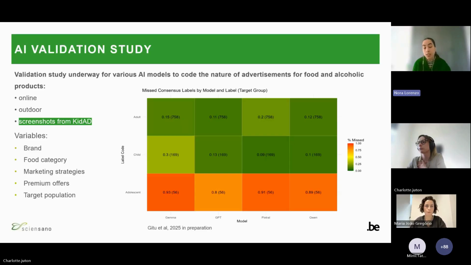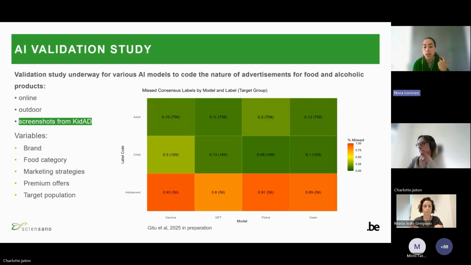So at the moment, she has conducted this for online advertisements, meaning that she downloaded advertisements that were in the Meta Ads Library. And then she used 4 different AI models that we can see here in the table. So that would be Gemma, GPT, Pixtral, and Qwen. And then she also asked 3 dietitians to code these advertisements. And then she looked at the consensus between these. So what we can see here is, for example, that